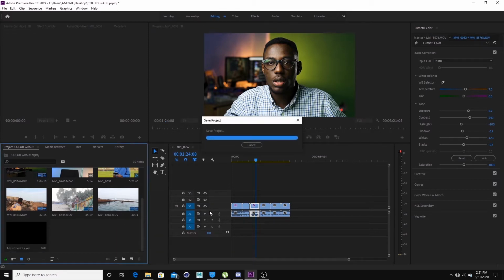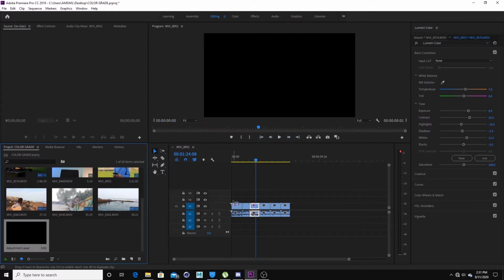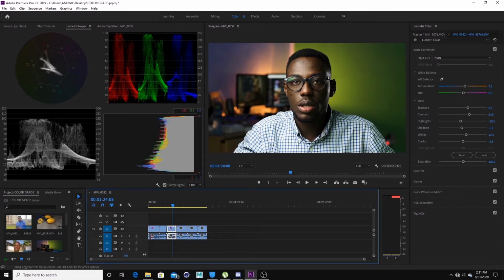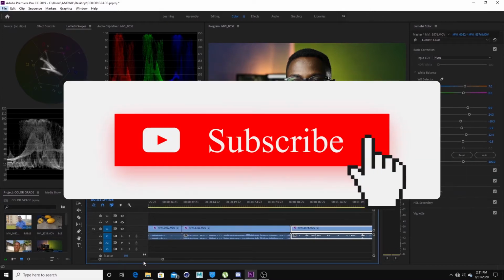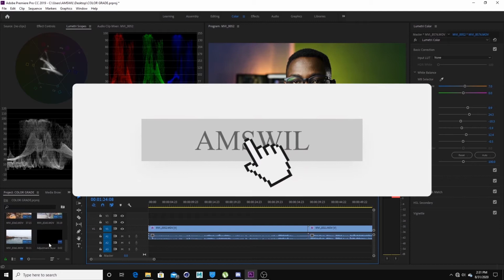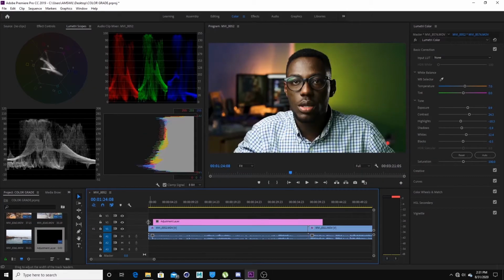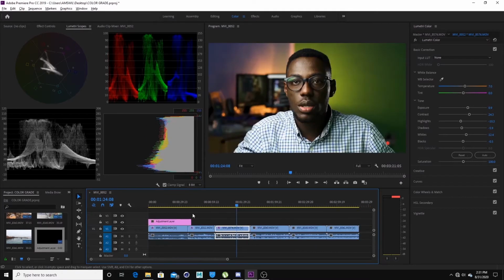So I just drag my adjustment layer to this place. Go to color. And I'ma zoom in. Where is my adjustment layer? Let's just drag it again. Okay, it was very small. Okay, so alright, so with adjustment layer,